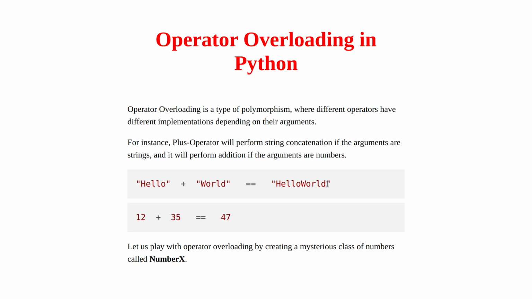Today we are going to look at operator overloading in Python. Operator overloading is a type of polymorphism where different operators have different implementations depending on their arguments. For instance, the plus operator will perform string concatenation if the arguments are strings, and it will perform addition if the